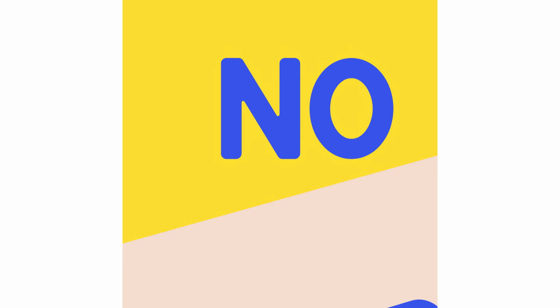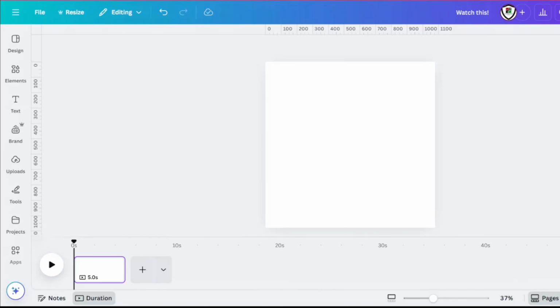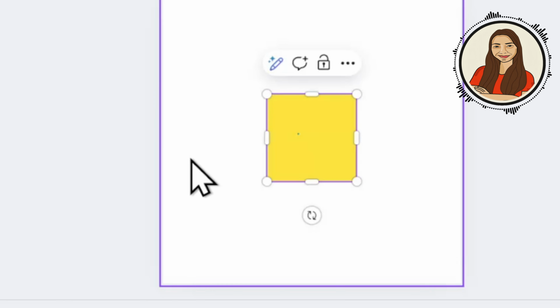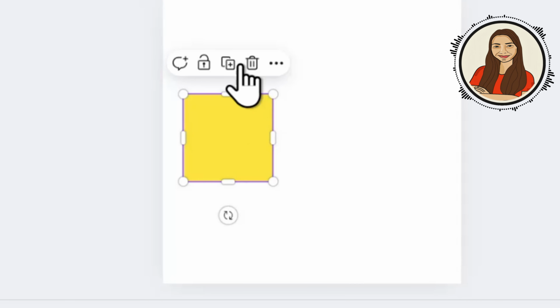Hi, today I'm going to show you how I made this animated ad using Canva's Match and Move. Let's get started. I started by dropping a square onto the canvas, then duplicated it, moved the second one slightly